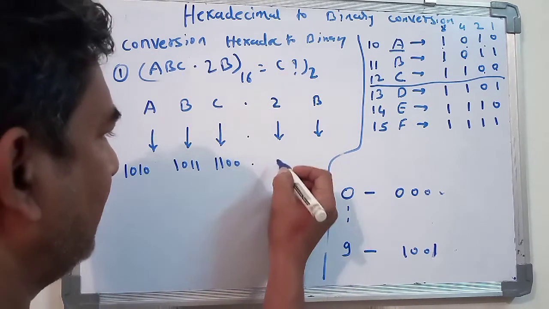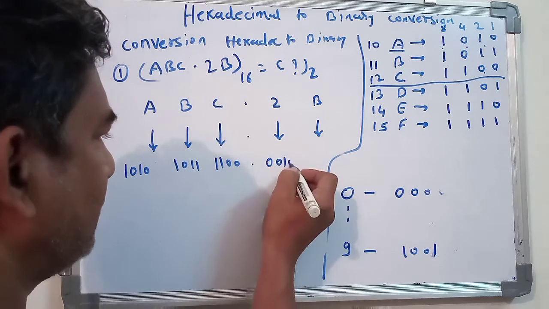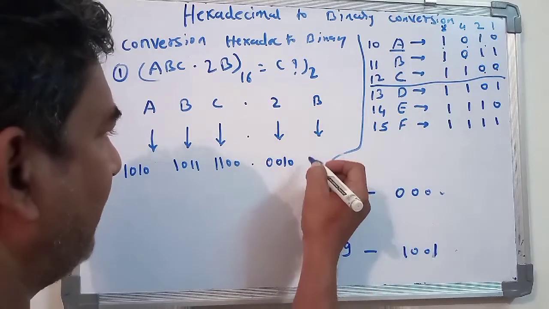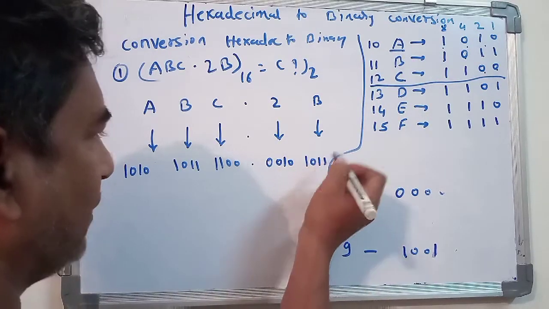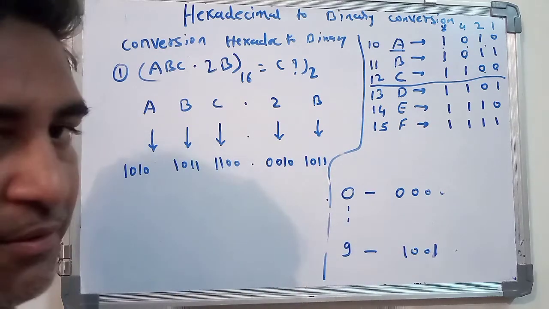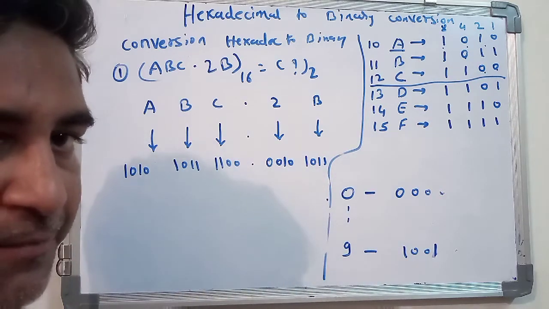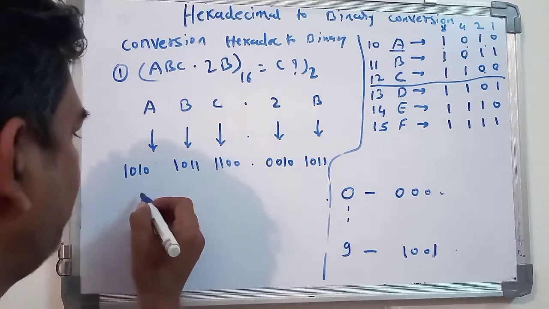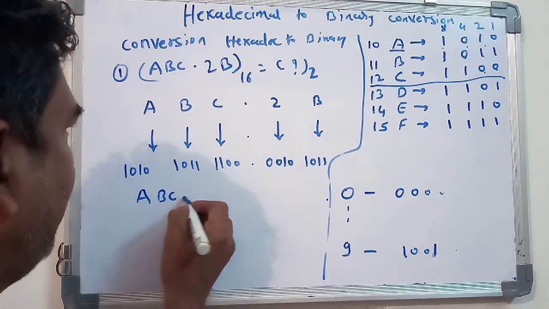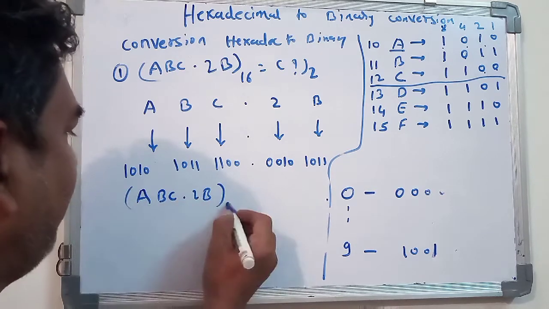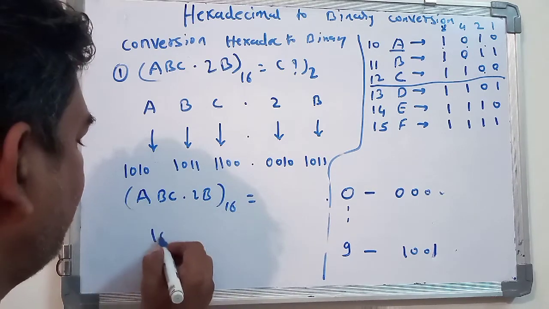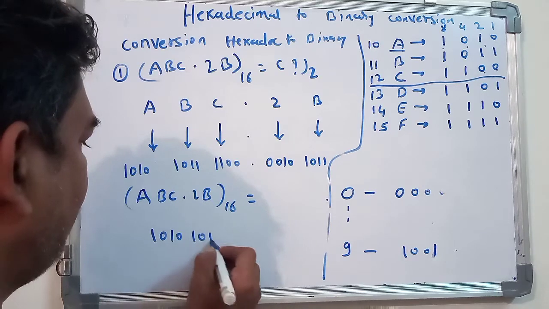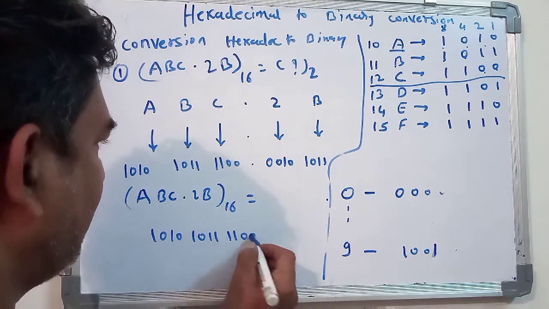2 has to be written like 0010. Then B is nothing but 11, so 1011. These are the conversions of a binary. Hexadecimal will be converted into binary, and at the last you have to write ABC dot 2B with a base 16 is equal to 1010, 1011, 1100, point